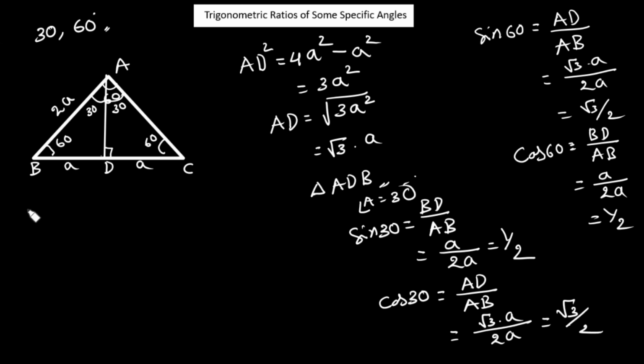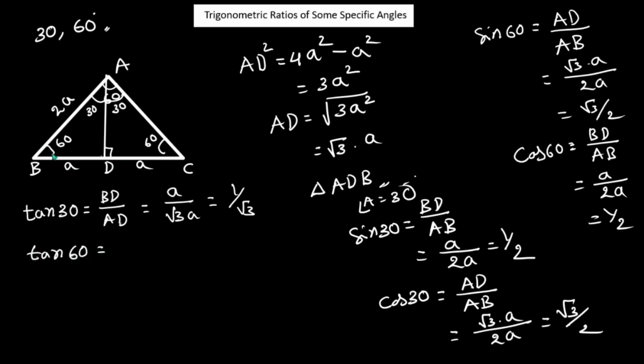So now, how do you get tan 30 here? It is sin 30 by cos 30. Or you can take tan 30 directly here. It is the opposite side, right? BD by AD. What is BD? It is A, divided by AD, which is root 3A. So tan 30 will become 1 by root 3. Similarly, tan 60